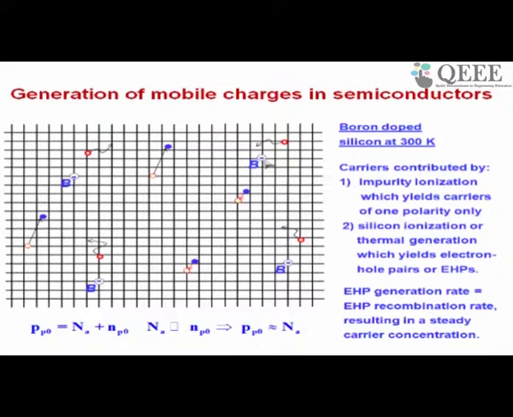Now the expression for holes in a p-type semiconductor is given here. So the hole concentration in a p-type semiconductor, therefore this suffix p, and suffix 0 shows equilibrium, is equal to the concentration of acceptor impurities, Na. Boron is called an acceptor impurity because it accepts an electron from a nearby silicon atom to become ionized, plus Np0, that is the number of electrons in the p-type semiconductor, right? These are electron hole pairs created by thermal generation. Once again, Na is much more than Np0.